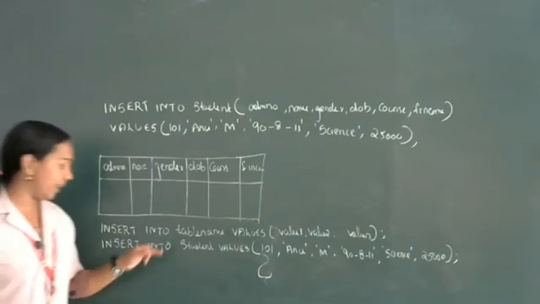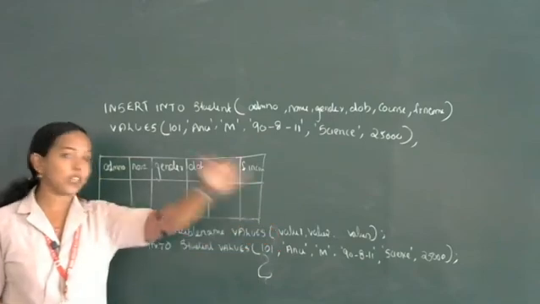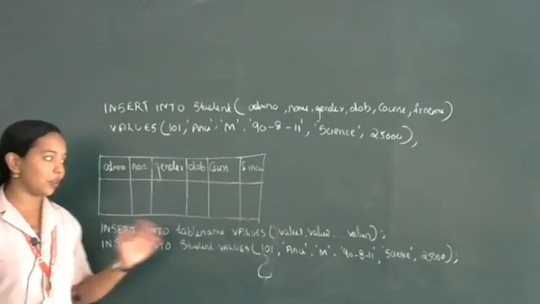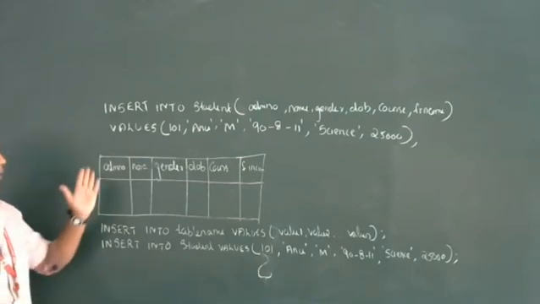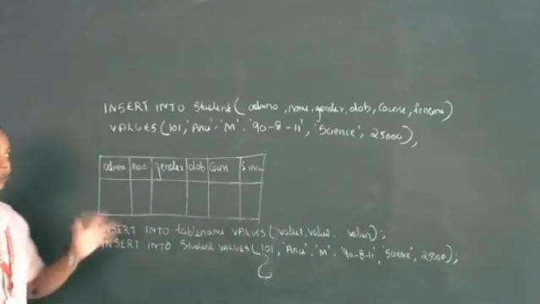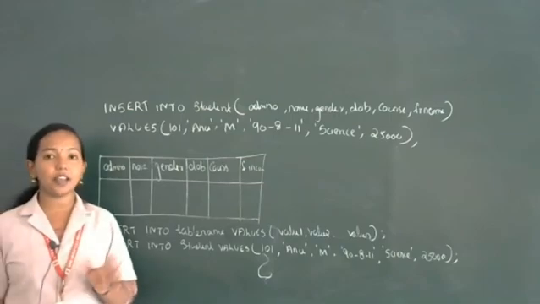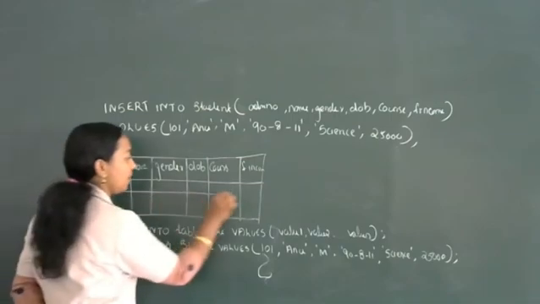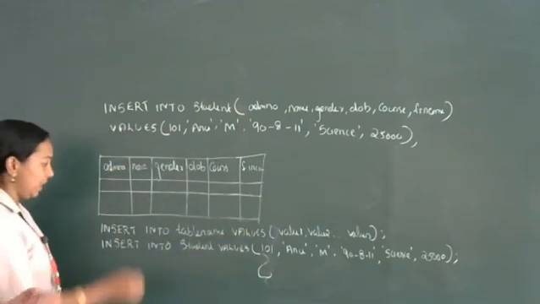I think it is clear. What is the command? Insert into table name values, then you specify the values. If it is character or varchar, then you use single quotes. Dates also use single quotes. Or first you can specify the column names, after that the values. So two methods are present for inserting values into the table. When we insert a value, the corresponding value will come as a tuple or row in the table. Then it will come like this.